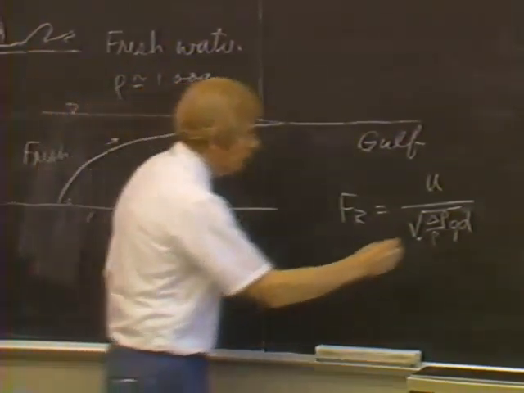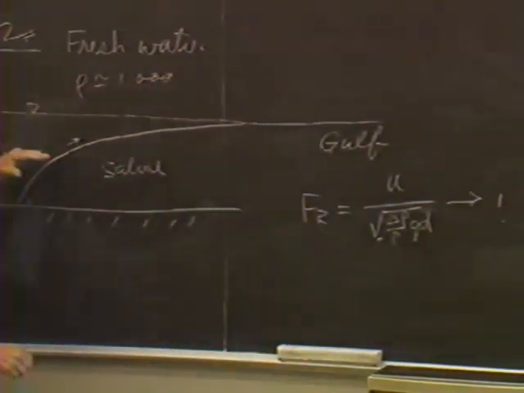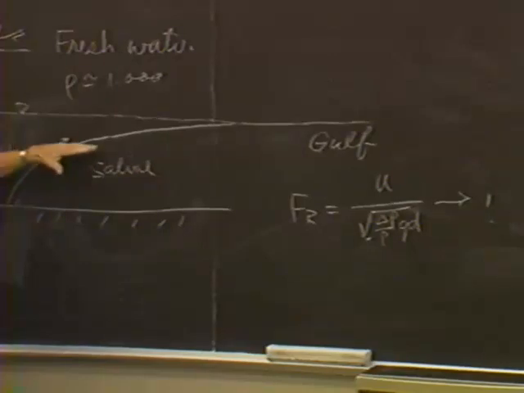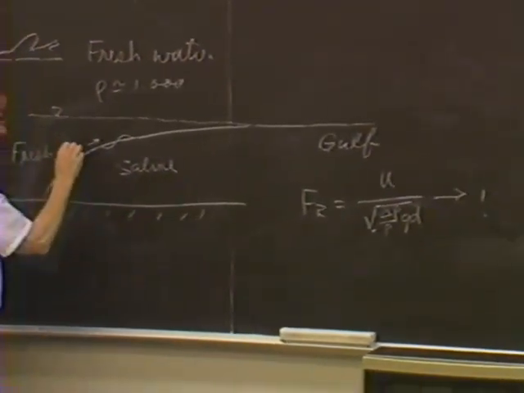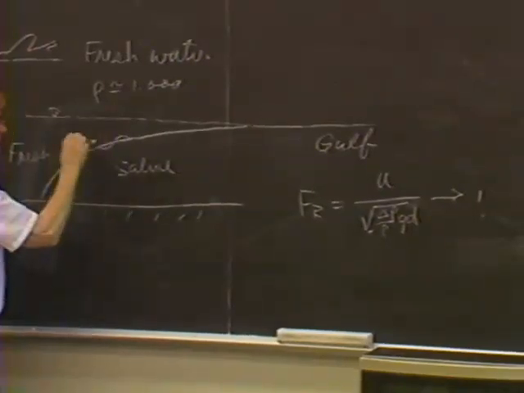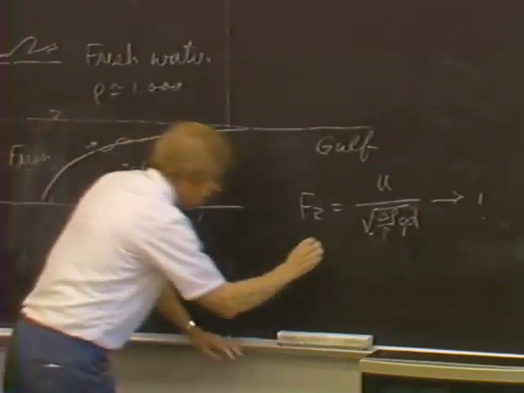When this approaches 1, that's the velocity of a wave on the surface here. And when the current u is such that the Froude number, that is called the densimetric Froude number,